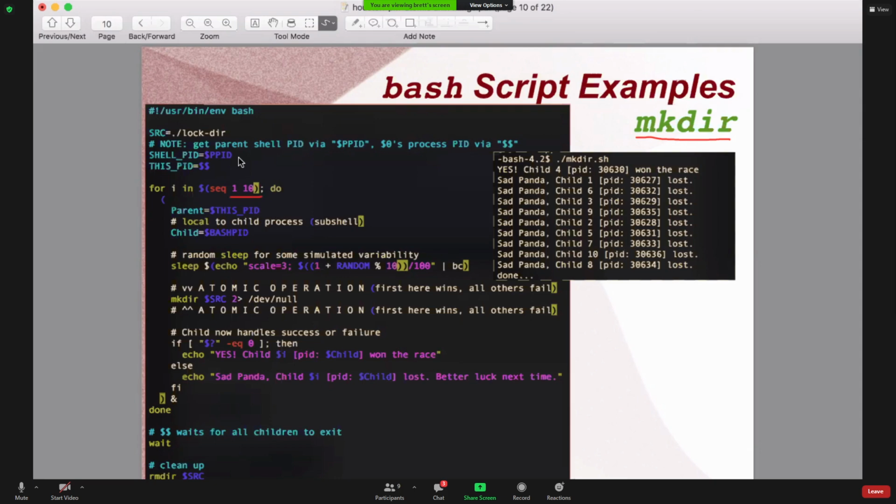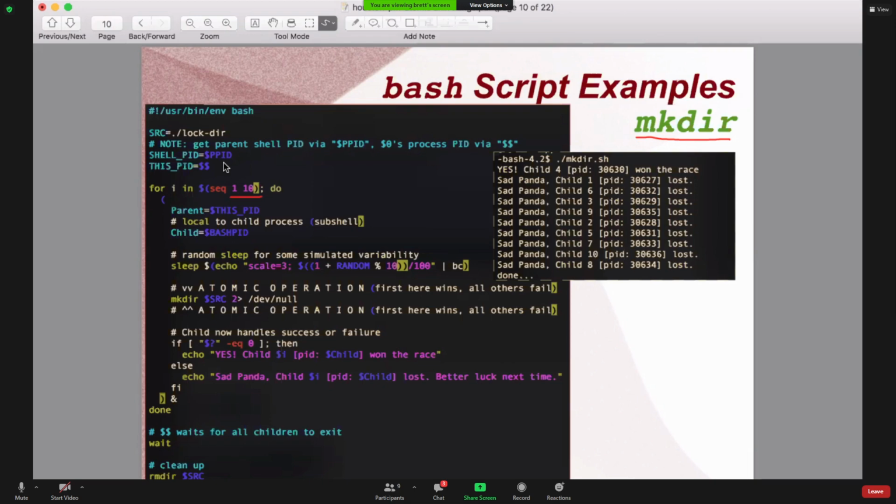I did want to point out something here. I don't know if I should correct the slides from the previous talk or have an addendum, but I realized that when I was trying to determine the process ID of the interactive shell, and then the script I was running, which is the parent process, and then having the child become aware of its own process ID, I was doing things wrong in some of the examples